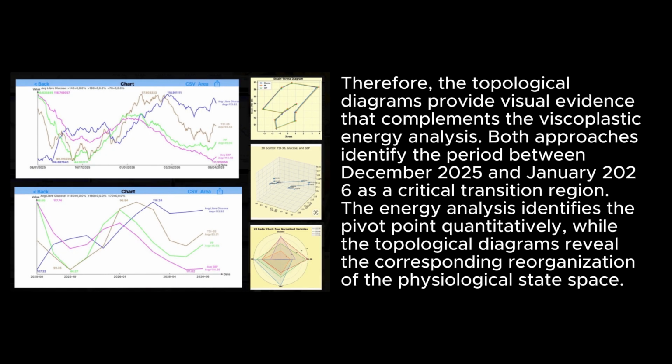Therefore, the topological diagrams provide visual evidence that complements the viscoplasticity analysis. Both approaches identify the period between December 2025 and January 2026 as a critical transition region. The energy analysis identifies the pivot point quantitatively, while the topological diagrams reveal the corresponding reorganization of the physiological state